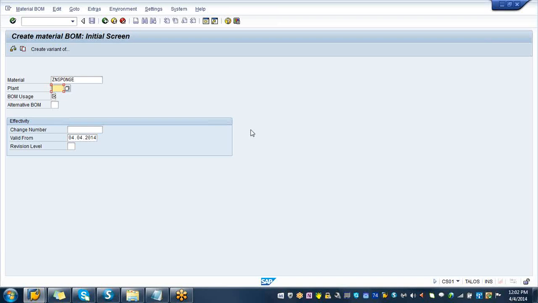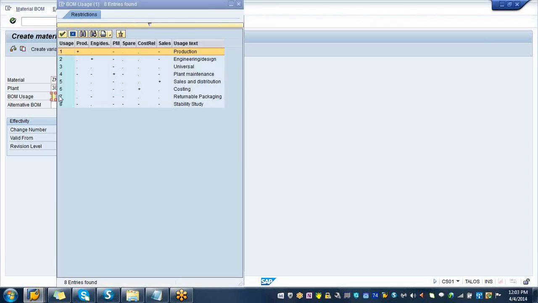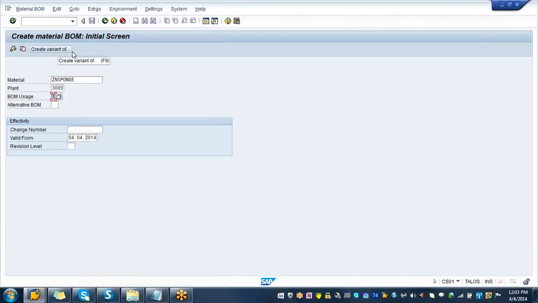That's going to be in the plant 3000, right? And you are creating it for production, correct? Go to drop down. Select production, the number 1. Production, okay. So if you hit enter,